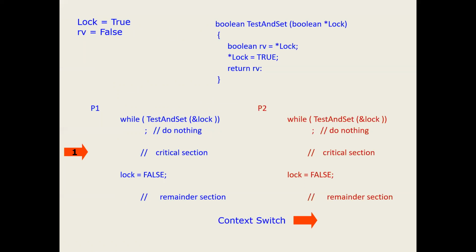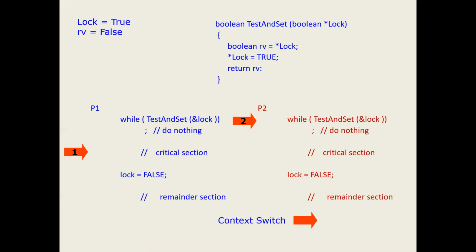So suppose that there's a context switch. Assume that P1 has entered the critical region. So now there's a context switch. That means P1 is stopped and gives the chance to P2. So we will execute P2 to check whether P2 can enter the critical region.